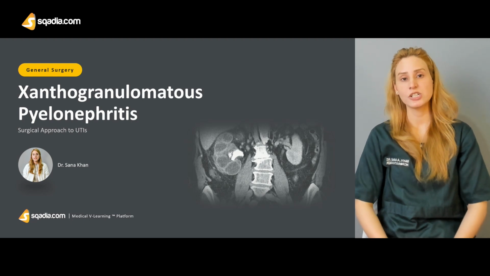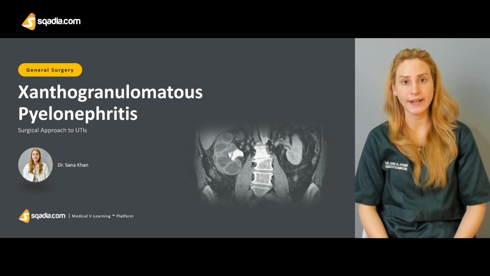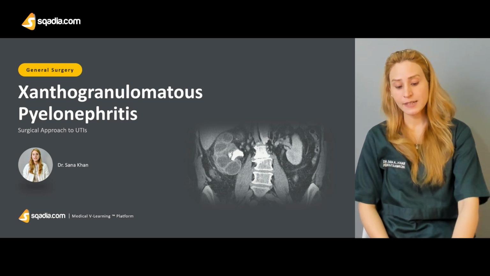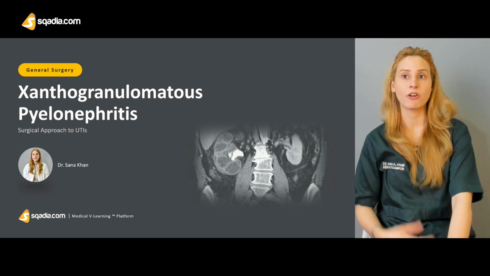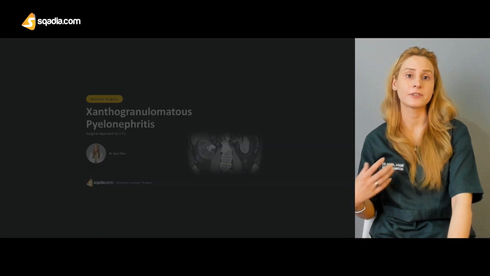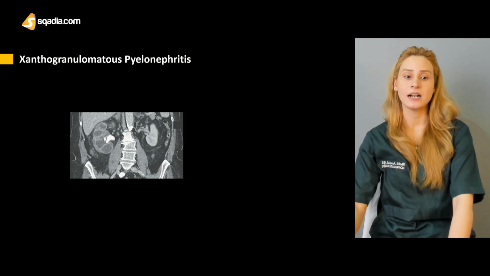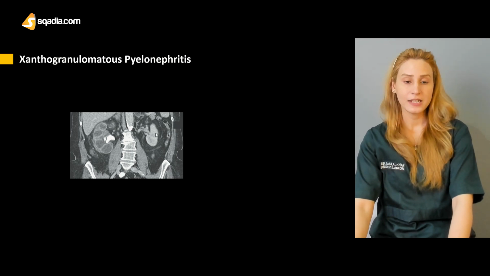Another entity, which is a kind of complicated pyelonephritis, is xanthogranulomatous pyelonephritis, and most of the time there are granulomatous inflammations. There are kind of mini granuloma formations, just like in TB. If you could appreciate here, this is the right kidney and left kidney. So you can see these large granulomatous lesions in the kidney, and the edematous, and there's extensive scarring, and obviously